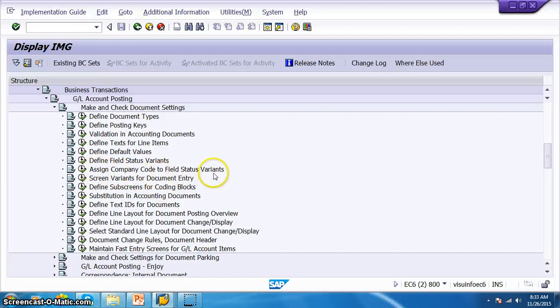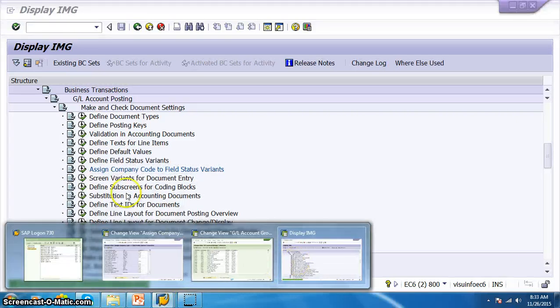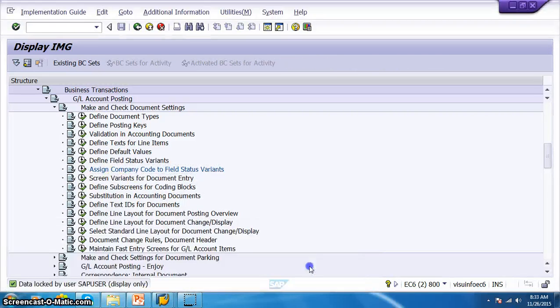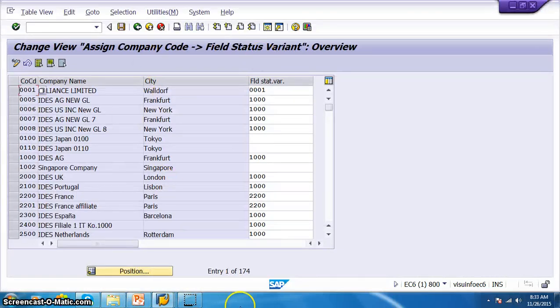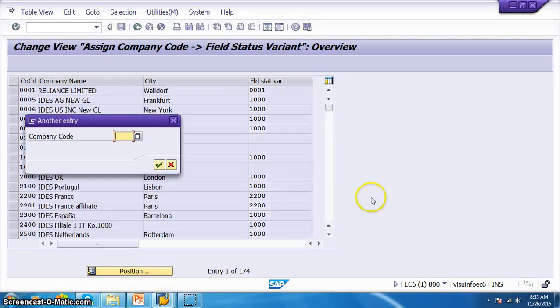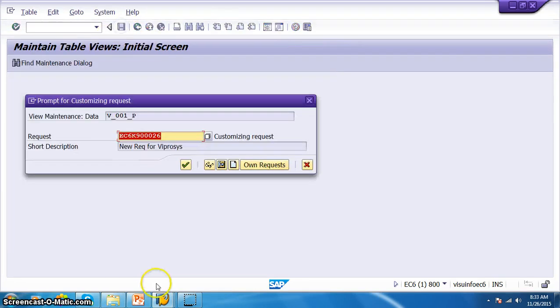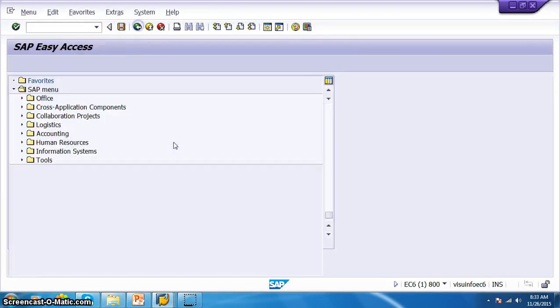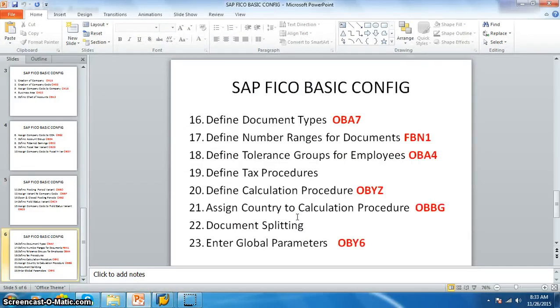So assign company code to field status variant is what normally we have. Okay, so if we click, it's already been logged in, so we'll just go ahead with the already open one. Assign company code to field status variants. Select VPRO, and in this we have to give the field status variant as VPRO as well. Save it, and then we go back. So we have successfully assigned the field status variant to the company code.